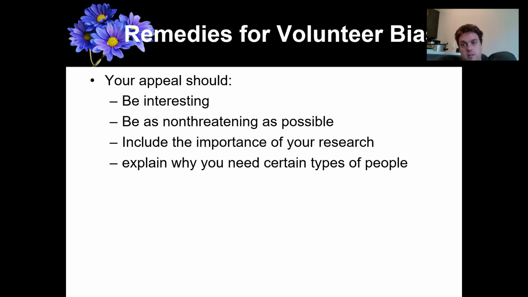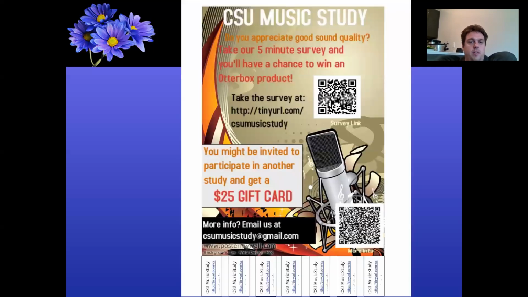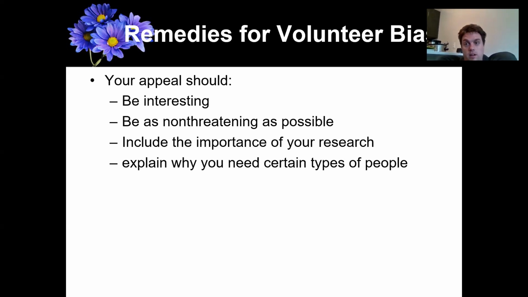And with this last point, if they feel like, well, anyone could do this study, why does it need to be me? They're less likely to participate. Whereas if you tell them we specifically need whatever you're aiming for, that might make them more likely to participate. By the way, just another note here: it's really hard to know for sure whether your sample is representative or not, or whether there's volunteer bias. It's just tough. It's not something you can often measure beyond response rates. So you kind of just have to think very carefully about it.